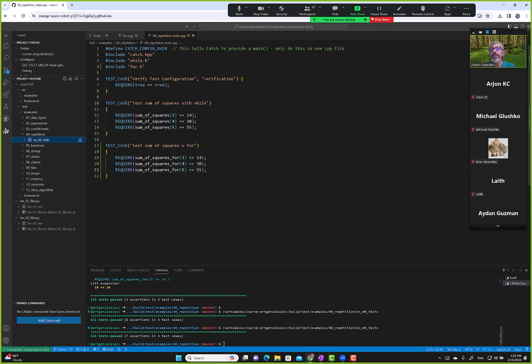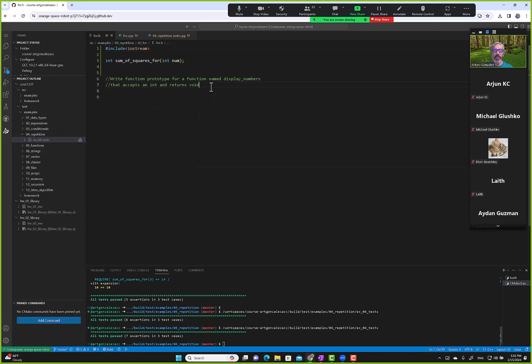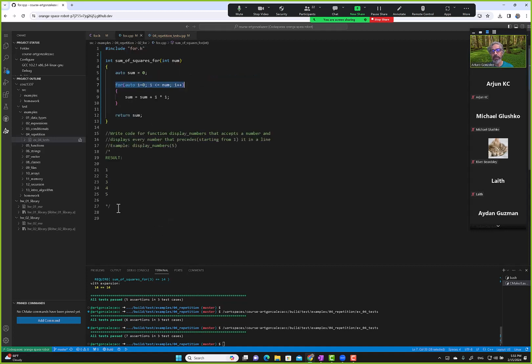So, okay, that's that one, and now let's go and do one more. And this is the same example we did for the while loop, but using a for loop, right? We did sum of squares, and now we'll do display. So here we're saying write a prototype for a function named display numbers that accepts, and okay, I guess we can do that one, returns void, and then we say display numbers. And I guess we need one parameter. We go back to the implementation file, commonly known as CPP, and then here it's just a matter of,